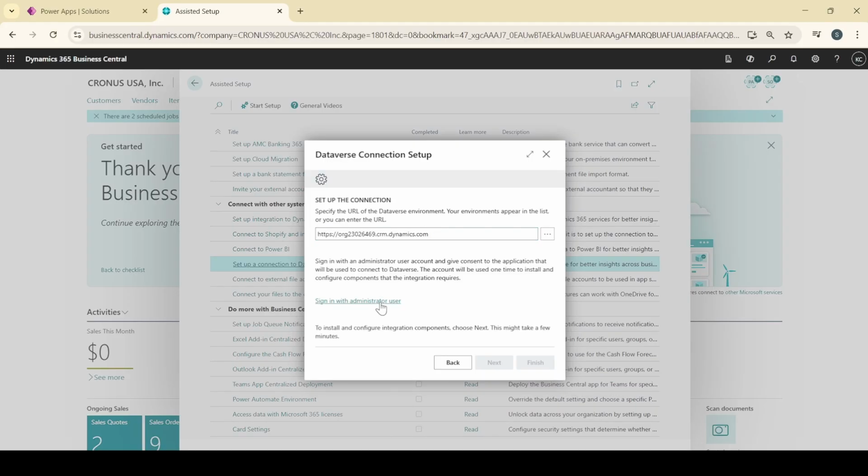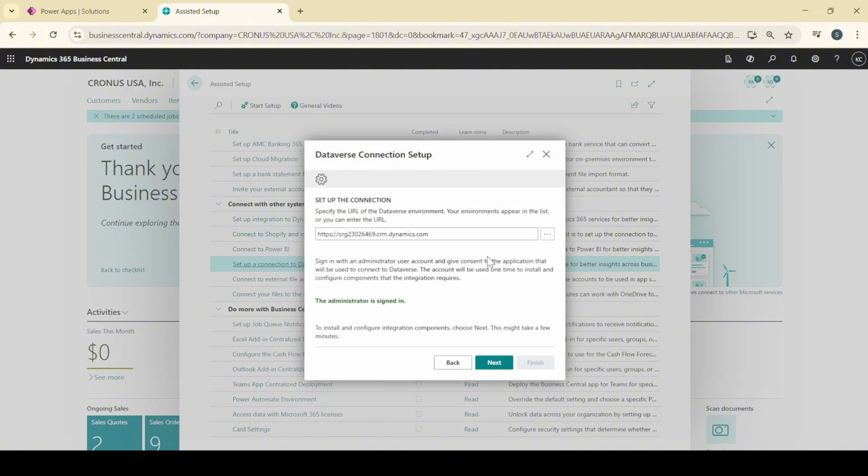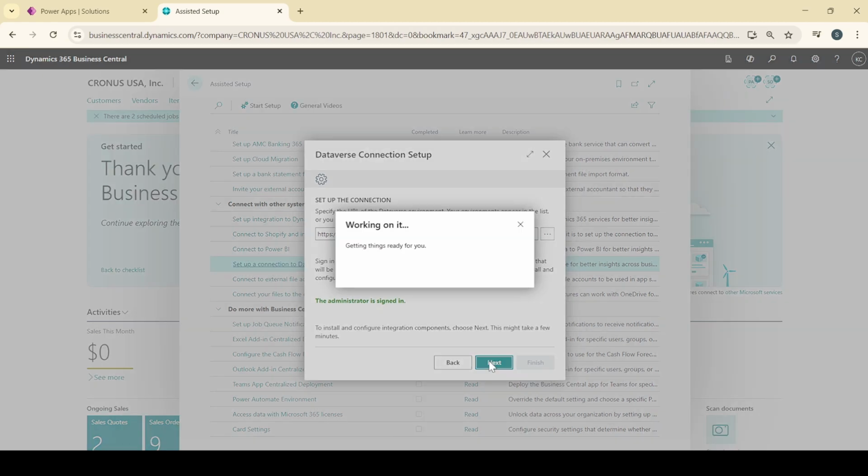And then sign in with administrator user. Upon clicking, this will prompt you the login for your Dynamics. Just log in and then wait for this to complete as it logs in. There should be no issues logging in because you're already logged in here in Business Central anyways. Now click next. Alright, so this part, what it does is it's installing the solution to the Dynamics 365 Sales